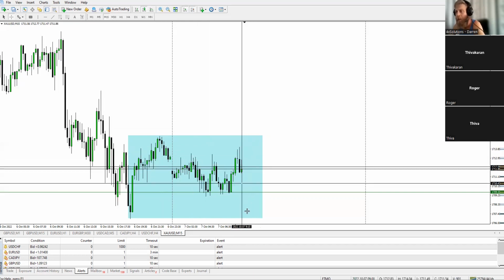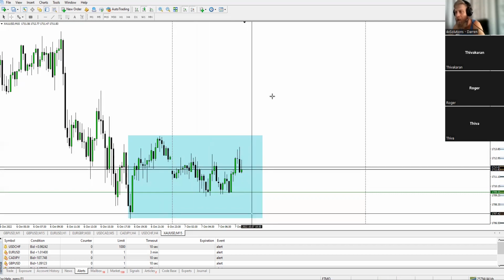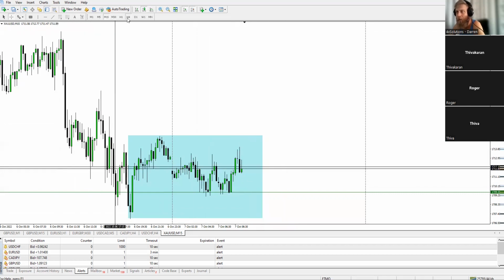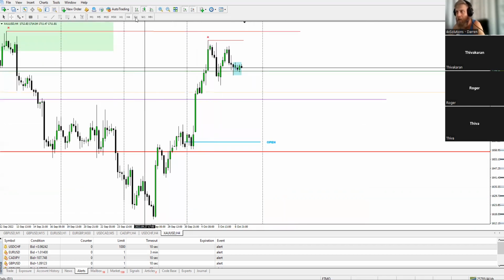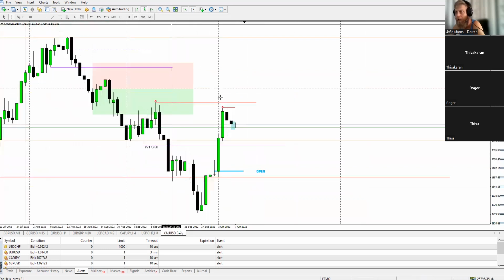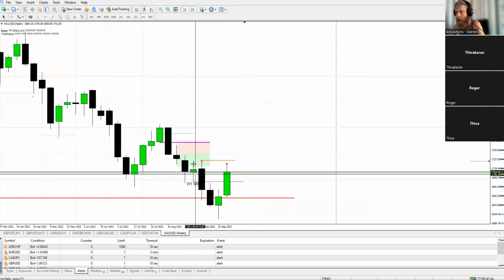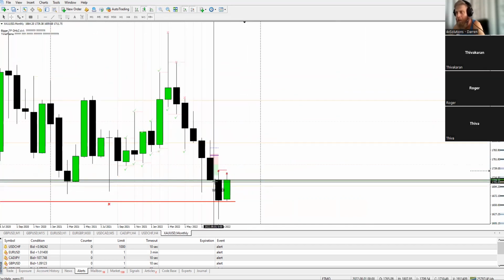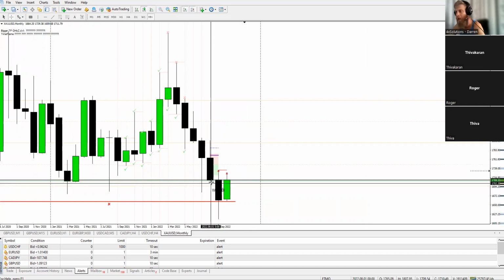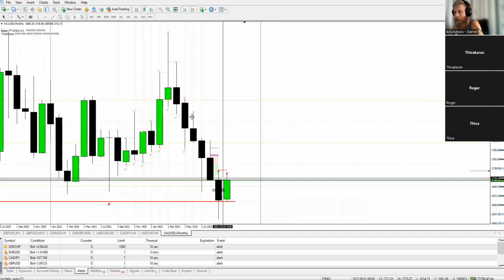So, maybe the manipulation comes down, takes the low, and then moves higher for these higher time frame liquidity pools up top here, like on the daily and things. So there's this high here, there's this high here. We are also inside of a weekly order block over here, and there's still this monthly SIBI sitting on gold. So the bias is still sell